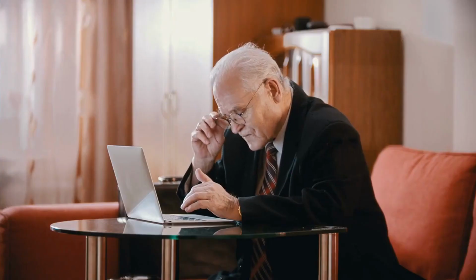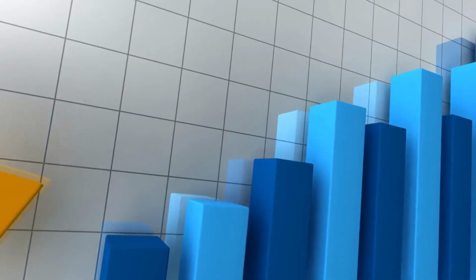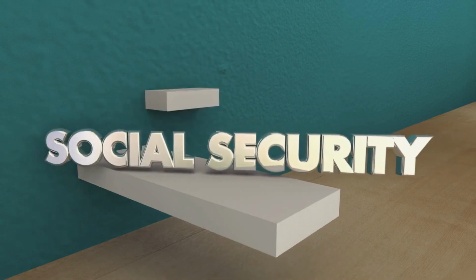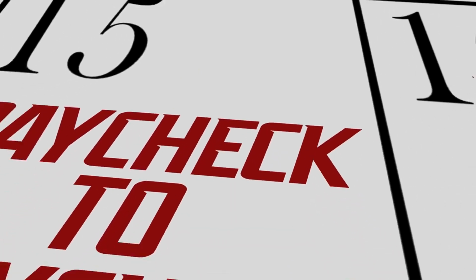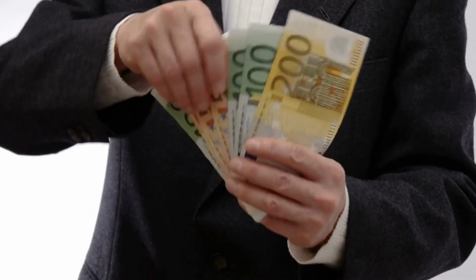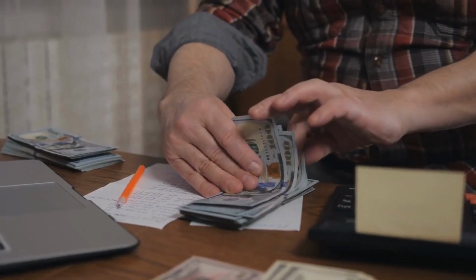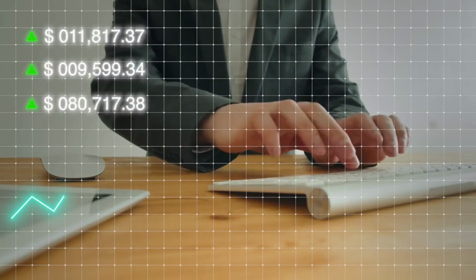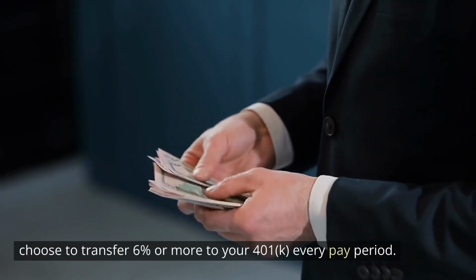It's never too soon to start saving for retirement, and the earlier you start putting money toward your future, the more it can grow. When you get your first full-time job, your employer may offer a retirement account, such as a 401(k), that you can open and deposit a percentage of every paycheck into each pay period. Many employers also match your contributions up to a certain percentage, which is a great way to maximize savings. As a general rule of thumb, opt to save at least a percentage that is equal to your employer's match. So if they match up to 6% of your contribution each paycheck, choose to transfer 6% or more to your